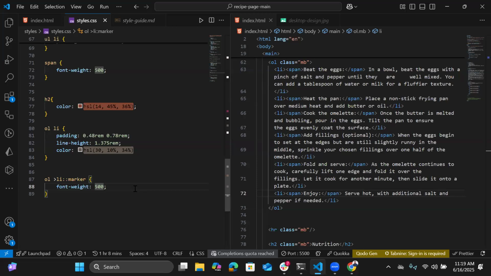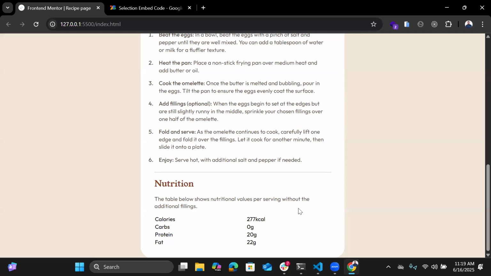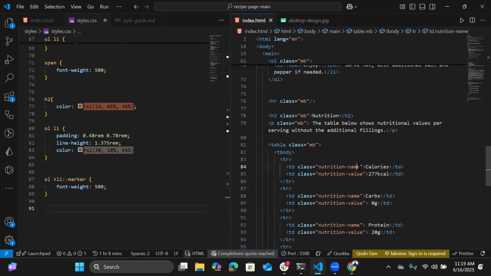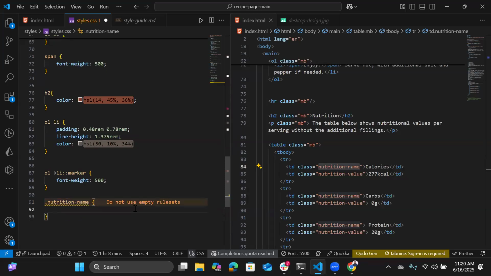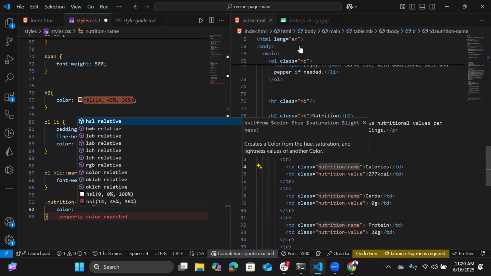So the next thing we are styling is our table elements. So let's check what we have. Our nutritions are good. So we are just styling the table itself and the nutritional value. So we just have dot nutritional name. So let's just copy this. Control C and paste it right here. So you have to put our dot in front of it. And yeah, what we are styling is we change color. So what's going to be the color? The color is simply going to be